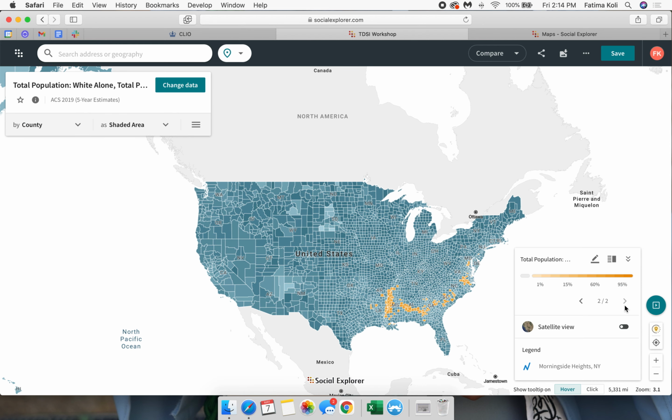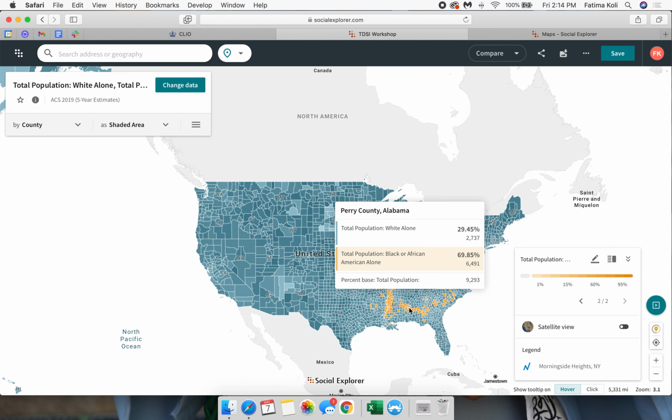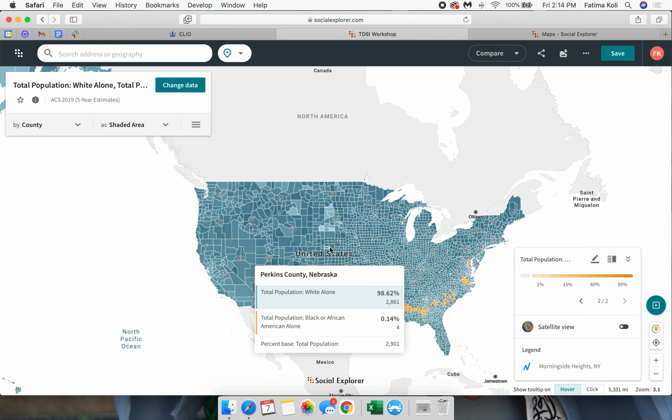If you click on this arrow, you can see the second legend, which is this yellow option for the African American population. And then if you hover over, you can see what both are, and it'll show yellow if the black population percentage is higher, and it'll be blue if the white population percentage is higher. And you can see for some of them,